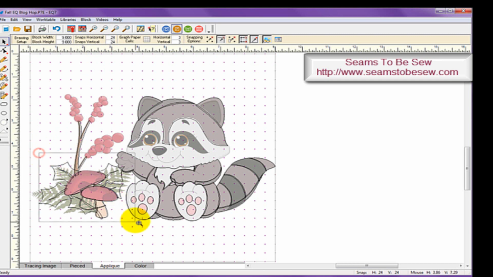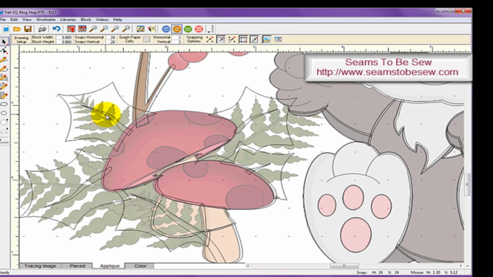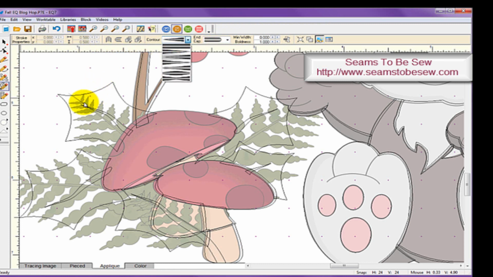What I've done here is I have used the brushstroke tool, which I cannot tell you how much I love this tool. It is such a cool tool to use. When you use this tool, you get this great toolbar that comes across where you can shape how the end